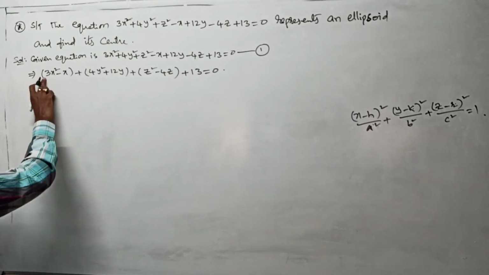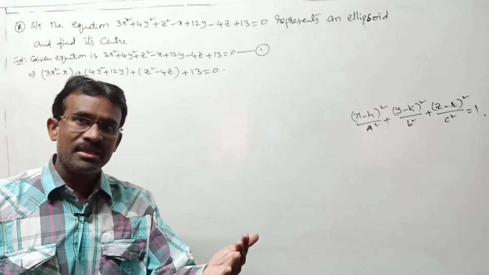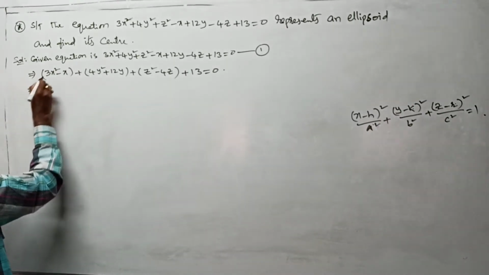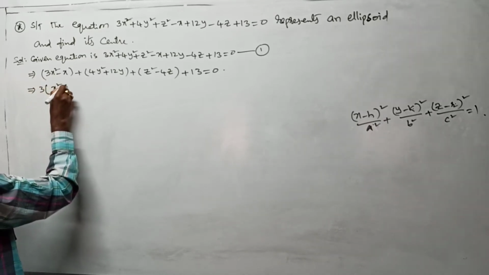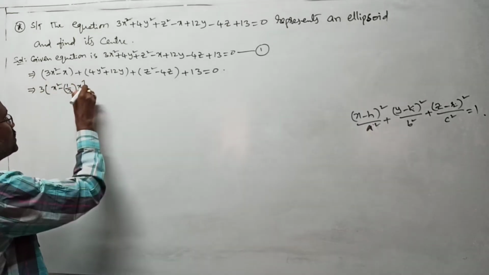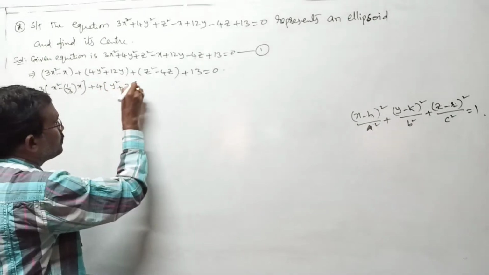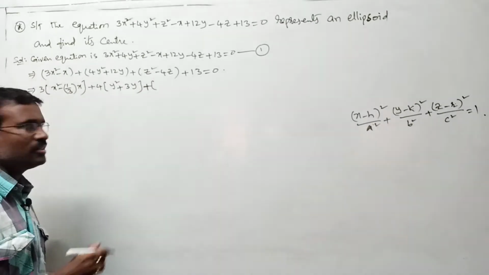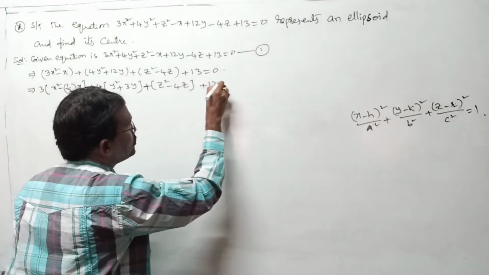After that, for x square coefficient, y square coefficient, z square coefficient, we need to make them free. That means let us take x square coefficient common, y square coefficient common, z square coefficient common. For x square coefficient 3, take 3 outside. It is what? X square minus 1 by 3 into x, or x by 3, anyway you can write, plus here take 4 common, y square plus 3y. Here there is no special coefficient apart from 1, that's why you can write directly z square minus 4z plus this 13 keep as it is equal to 0.